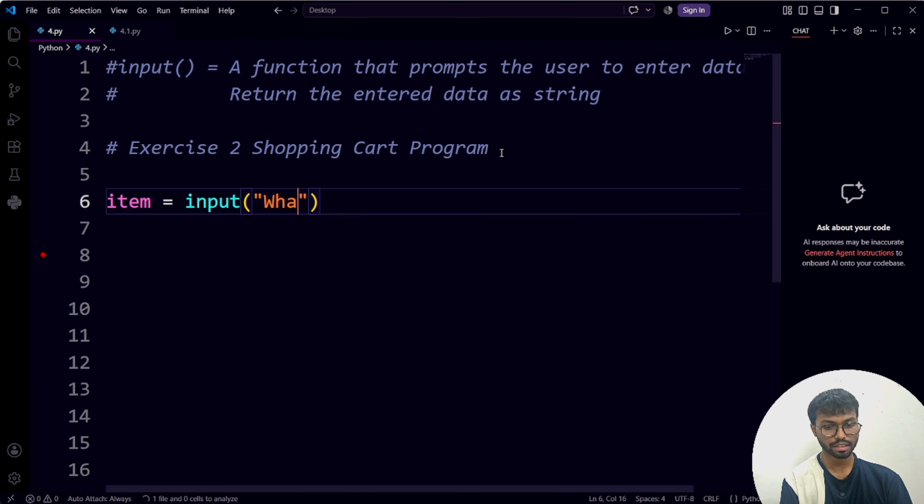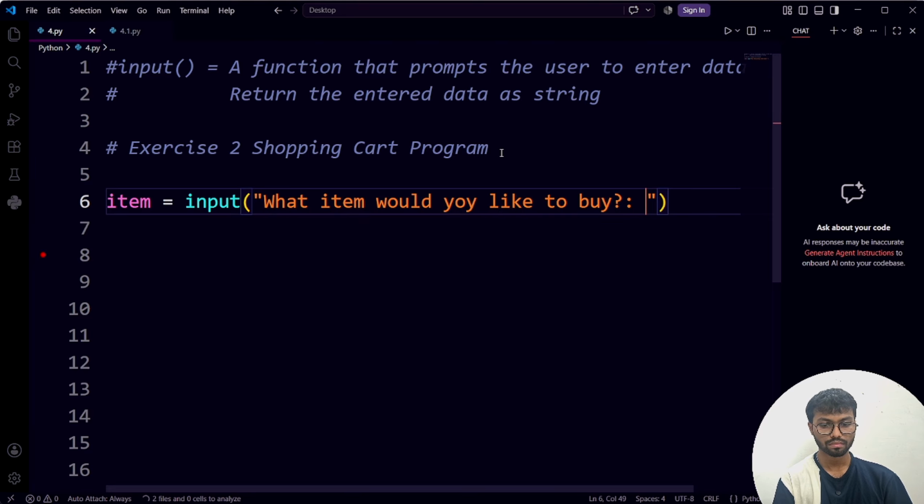Which item would you like to buy? Item, would you like to purchase, or maybe buy. Let's write buy: What item would you like to buy? And after that